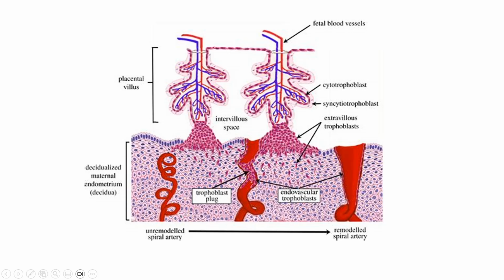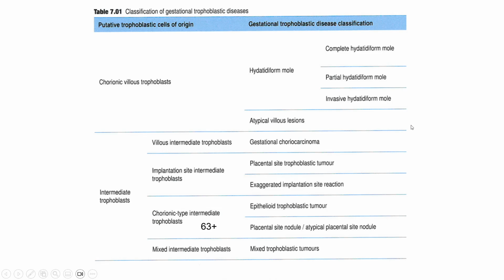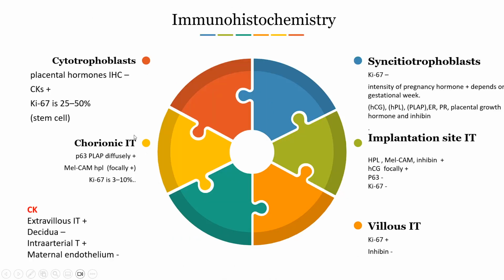maternal blood vessels for remodeling. So why are you telling us all these histological details, and how would this have a clinical application for us clinicians? Yes, this would have a clinical application because all the GTDs that we'll be talking about today actually originate from those different types of trophoblasts. So how can we benefit from this? If we know that each type of trophoblast expresses a number of immunohistochemical stains, then we can use immunohistochemistry to identify the type of trophoblast and accordingly identify the disease that we are suspecting